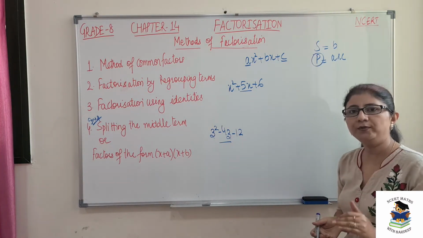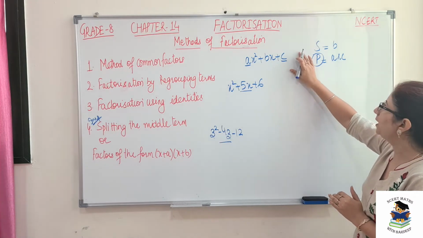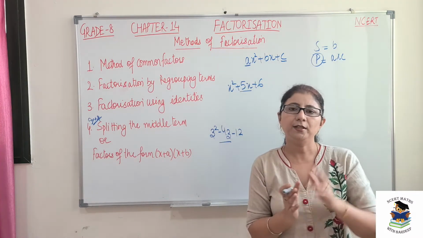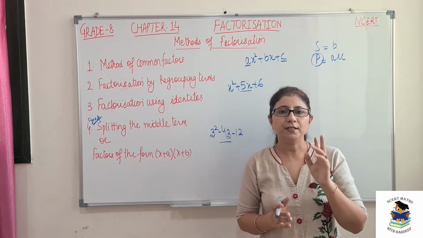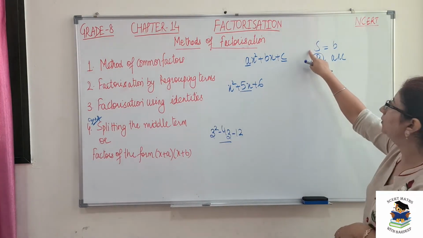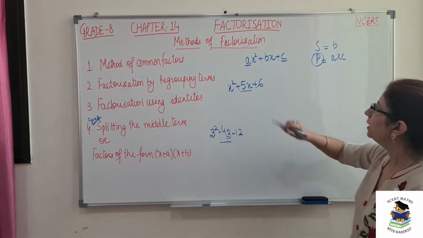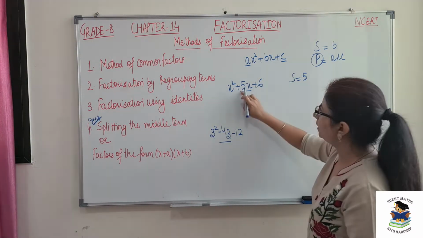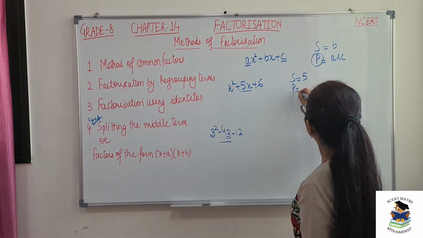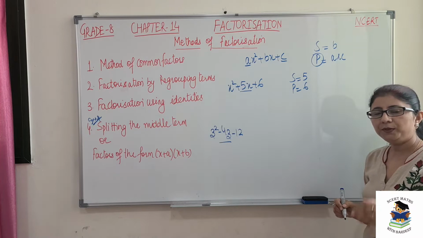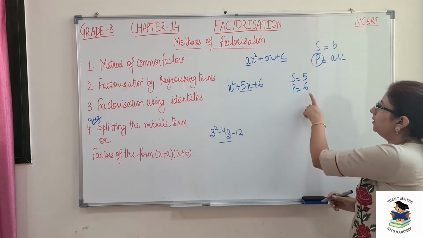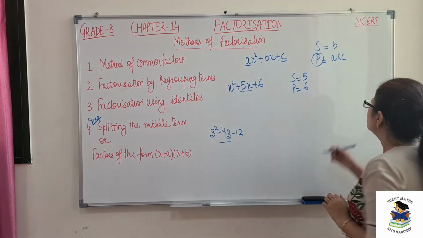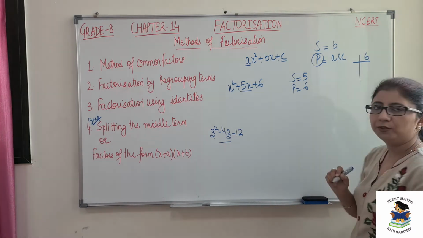This means that we should always factorize P. After factorization we will pick any two factors which, when we add them, give our S. For example, let's do it. In this case, what is S? S is this b, that is 5, and P is 6. So we need to find two numbers which when multiplied give 6 and when added give 5. The basic method is to find the factors.